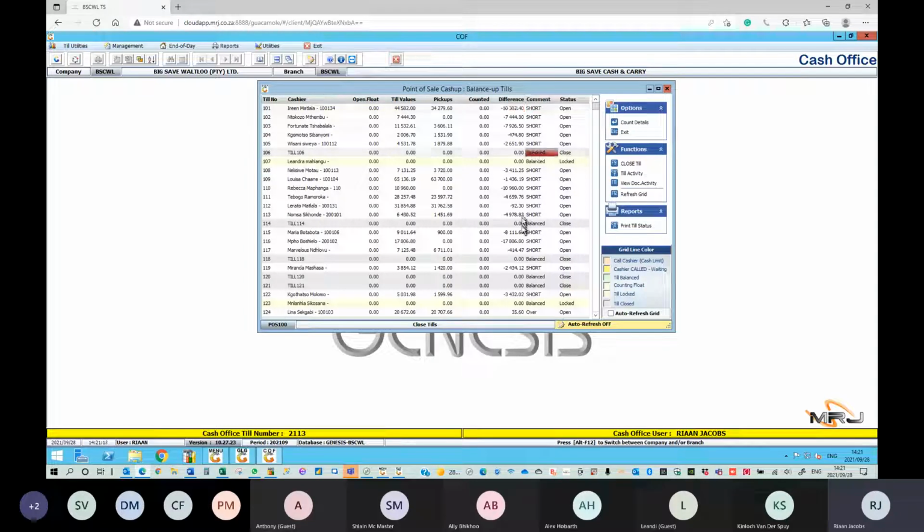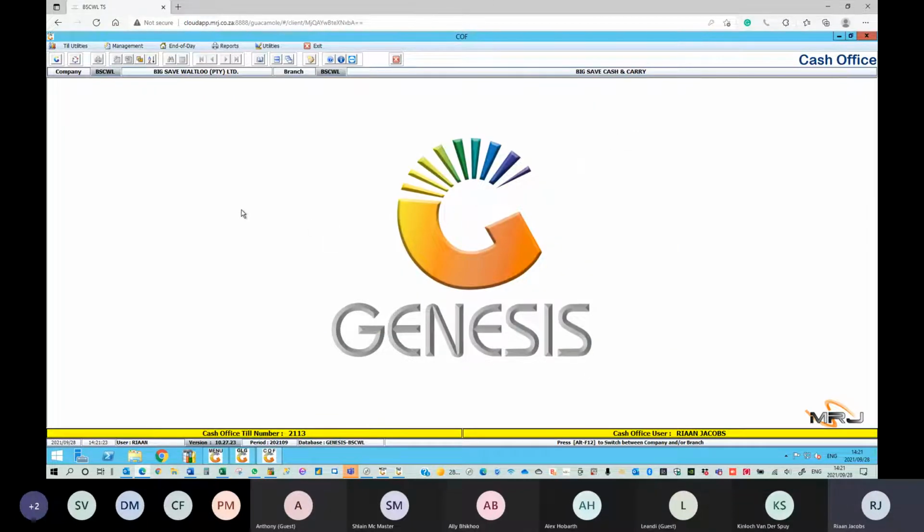It must look like this gray color. Okay. Now the cashiers are done, the cashiers all went home. You can actually now close the shop, go home, and enjoy the evening. And then the next day,